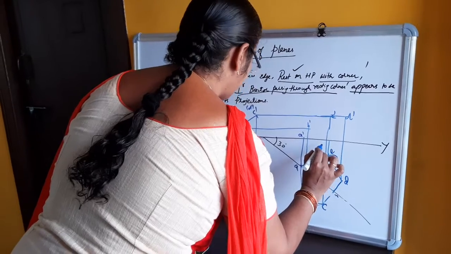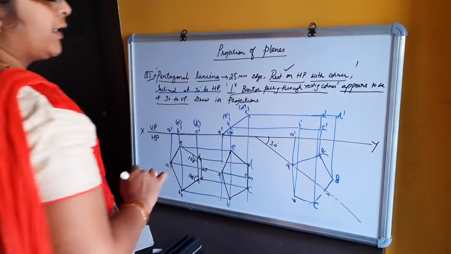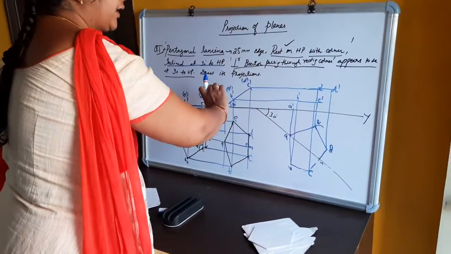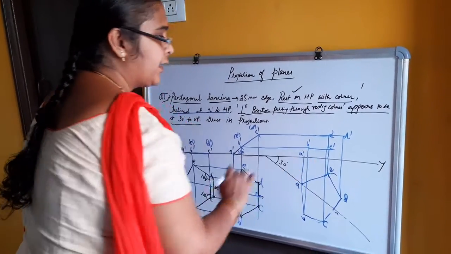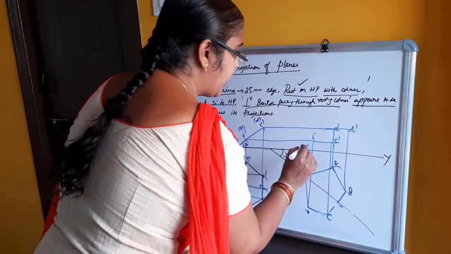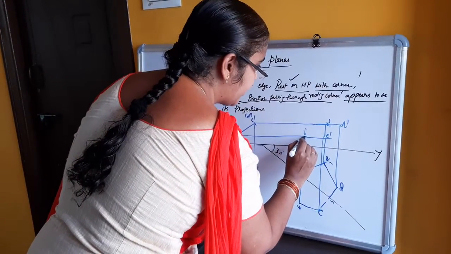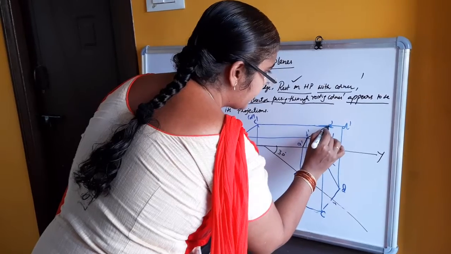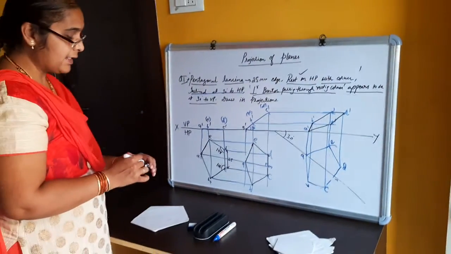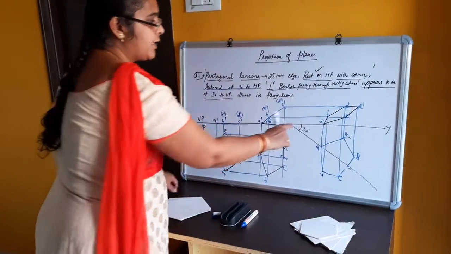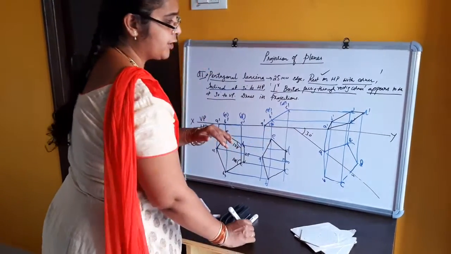E. E dash is here. Get all the five points projected upwards and get the horizontal points projected from the second stage. Wherever they coincide, mark them as third stage points and join them to get the pentagon in the third stage: A dash, B dash, C dash, D dash, E dash. So finally we have got the same point A itself as the resting point, such that the lamina appears to be inclined at 30 degrees to VP.